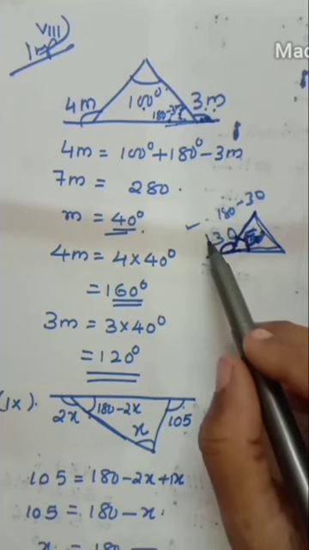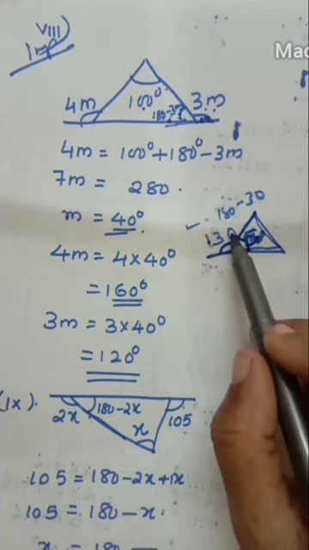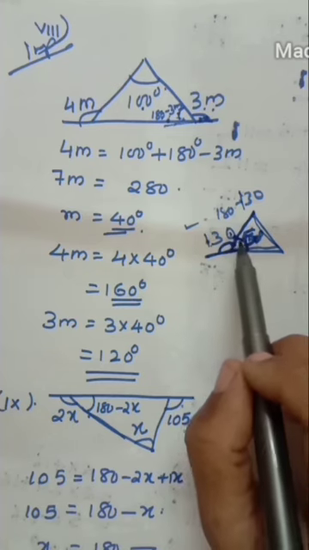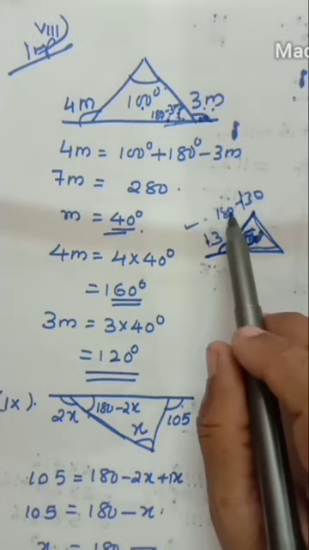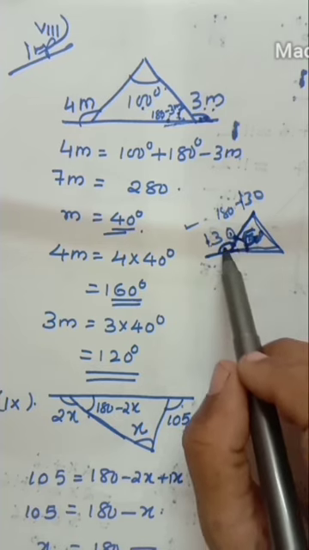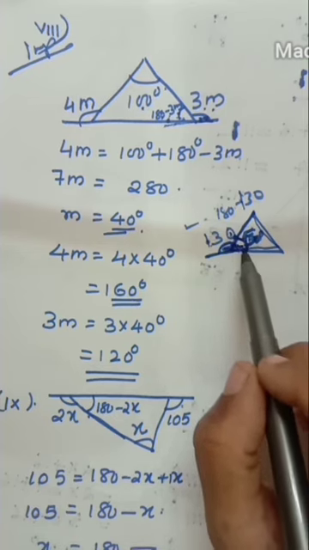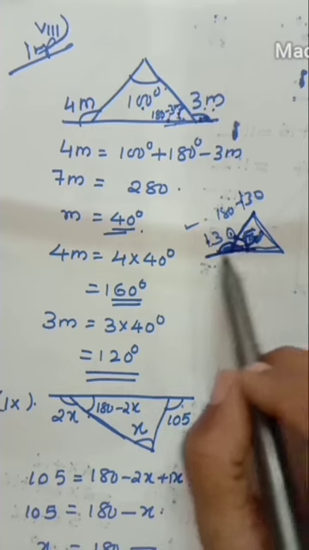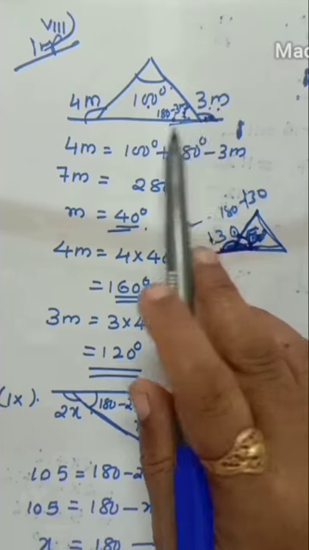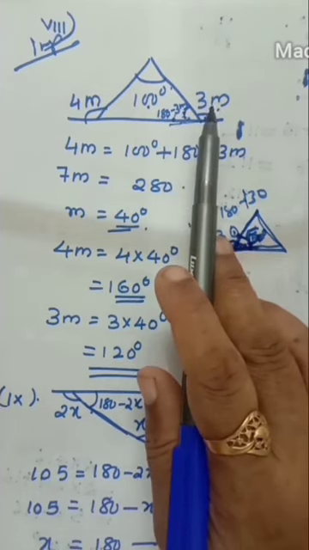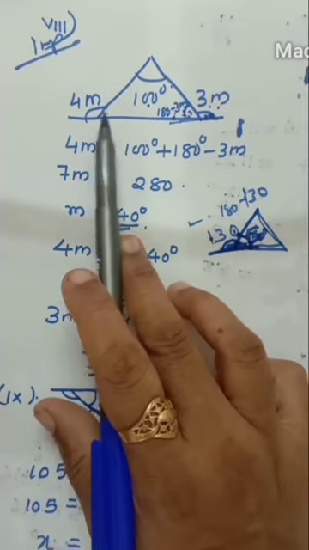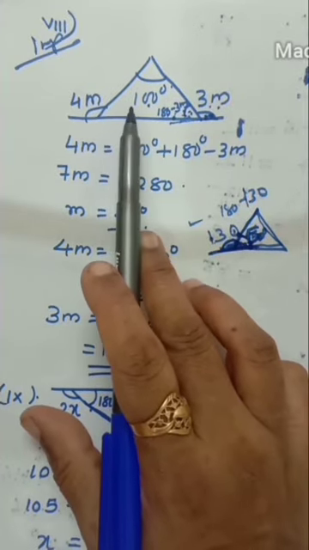You have to subtract 180 minus 130. That is, you will get a 50 degree. Inner angle you want, you subtract from 180. Outer angle you want, subtract from 180. This angle, because these two will add, you will get 180. Linear pair, straight line angle, that is linear pair. Okay. So here also done like that, only 180 minus 3m. One of the angle is 3m, then inner angle is 180 minus 3m. Here 4m, here 180 minus 4m you can say.